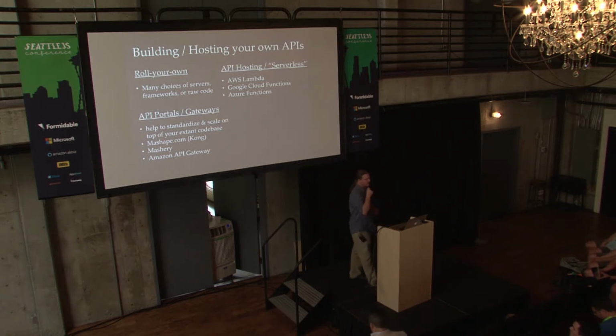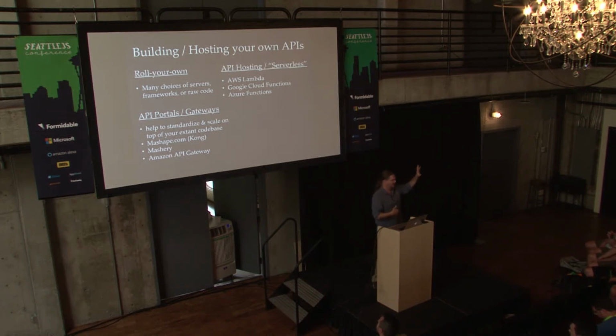All right. So what are your options for going and building and hosting your own APIs out there, right? Well, you could roll your own. I mean, you can start up a Flask server. You can put it into, say, Google App Engine, and you can have it out there, and you can build out your API on your own or from many of the frameworks that are available. That works. You have to think pretty heavily about designing that API and the complexity of that.